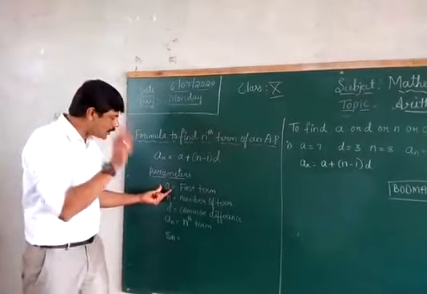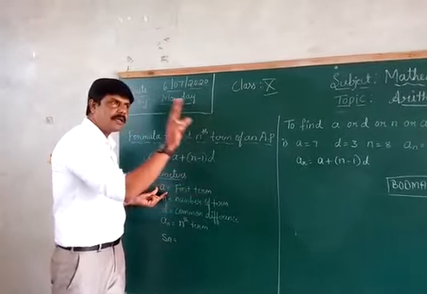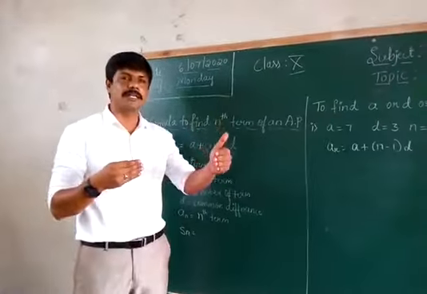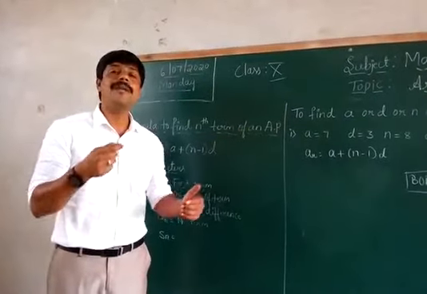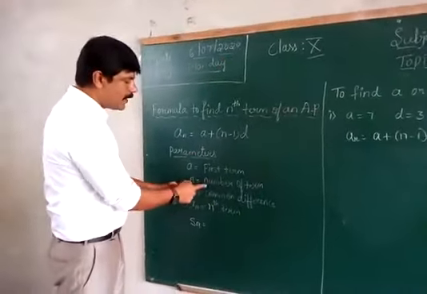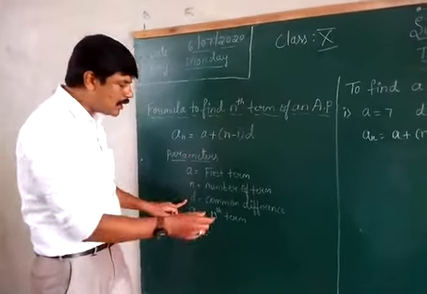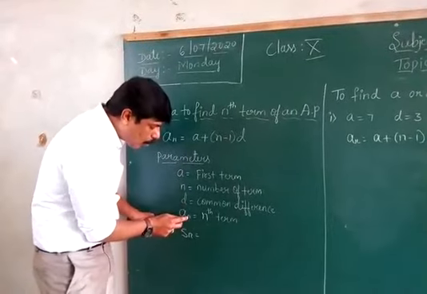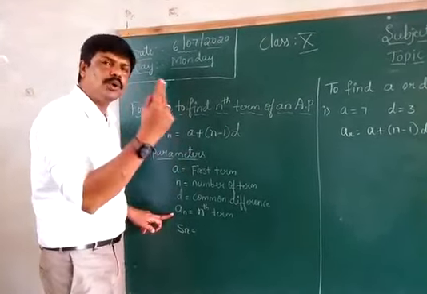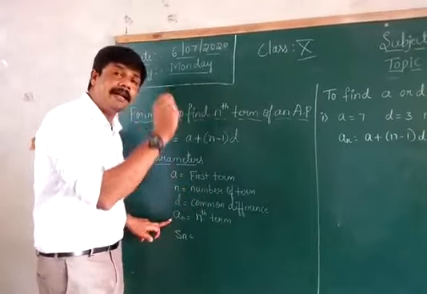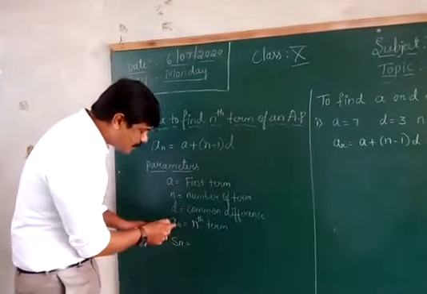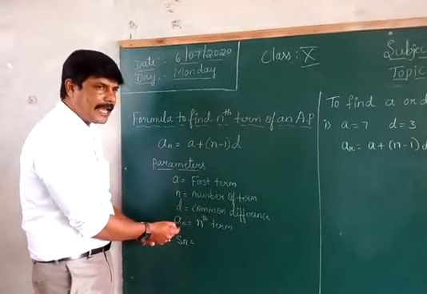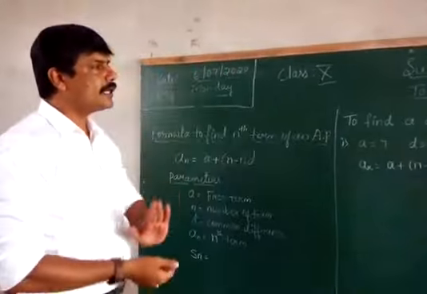So first, you already know that A is nothing but the first term. N is the number of terms. An arithmetic progression consists of a certain number of terms. How many terms are there in that becomes the number of terms. Then D, as usual, is the common difference. Then An refers to, for example, A1 refers to the first term, A2 refers to the second term, An refers to the nth term. Which number is present in the nth term is shown in the form of An. These are the things included in arithmetic progression.